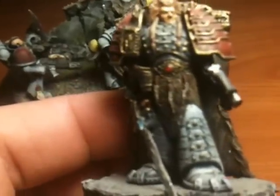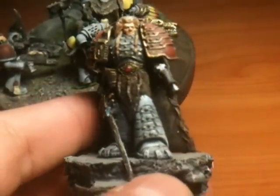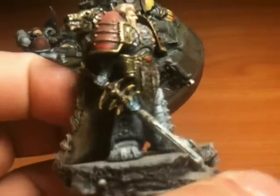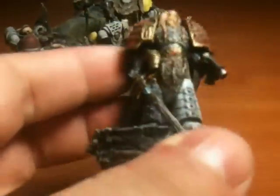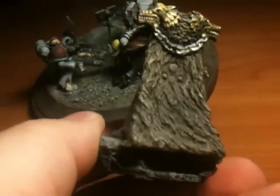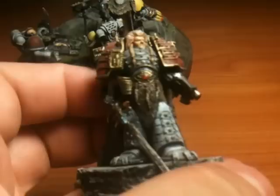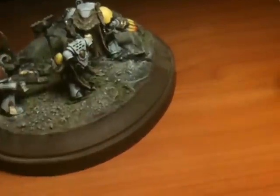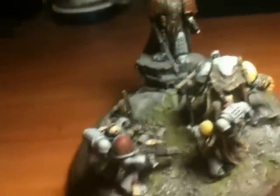So again, this is a level 5 by them. This was kind of a gift to myself a few years ago. I love how detailed the work is. I wish I knew what they used for the paint scheme for when I maybe get around to doing Space Wolves. Again, it's pretty standard, and it comes on a magnetized base,